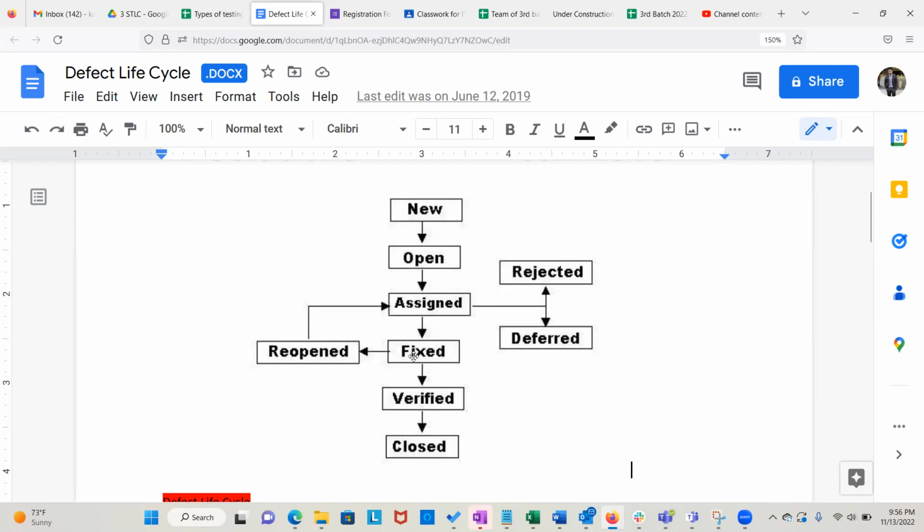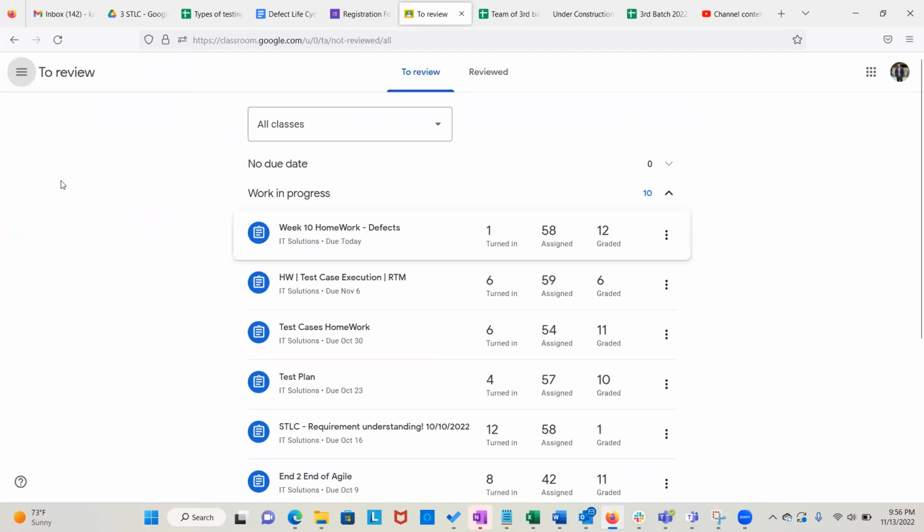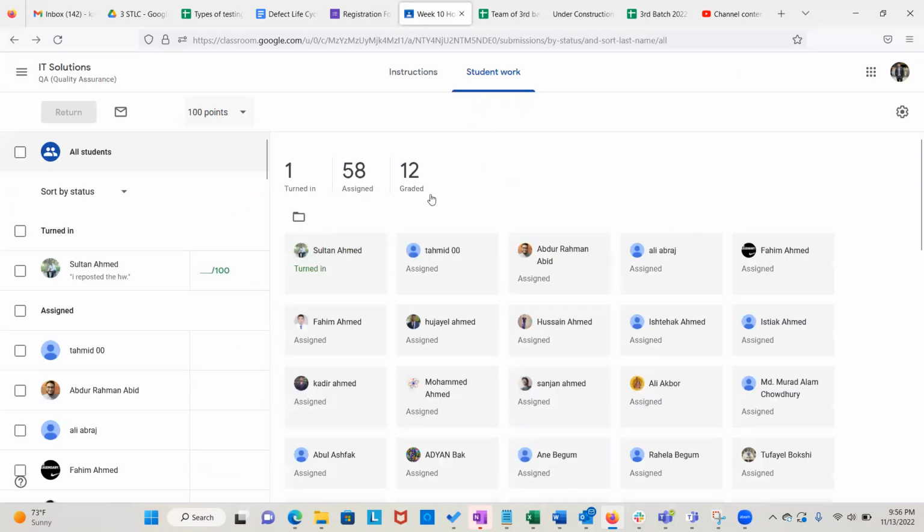So once you see the status change to fixed, this is the part of your tracking the defect, right? Once you see the status change, you're going to start working on it. And if that bug was fixed genuinely, you're going to change the status to verified, and you're going to log your evidence. Just like here, you provided your evidence, right, when it comes to logging the bug. And guys, this is best practice when you're working on a defect.